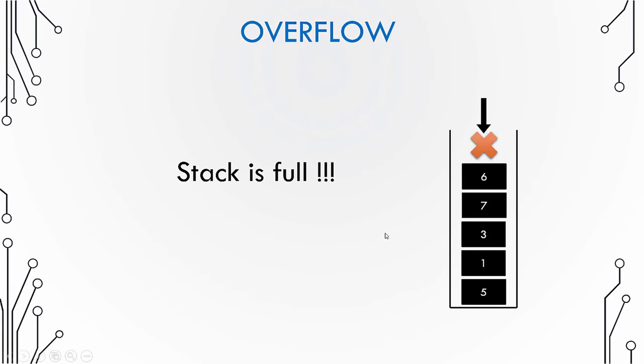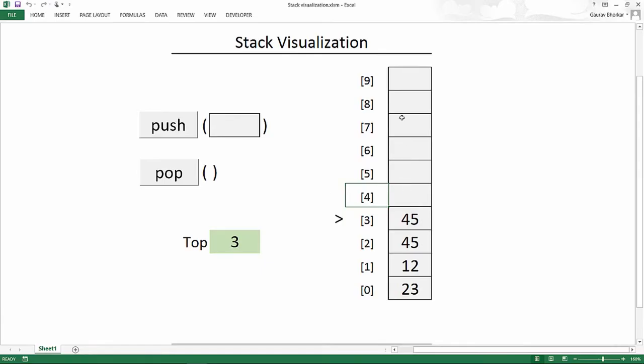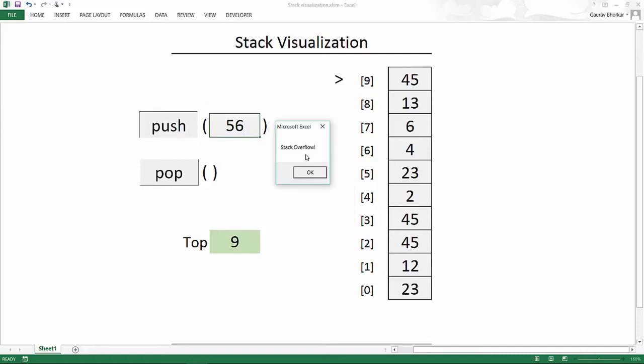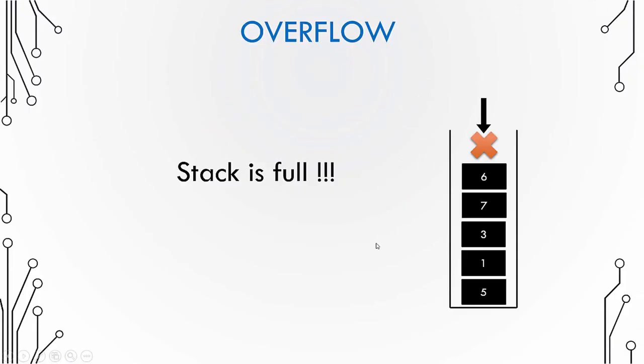So let us go back to our visualization and let me add a few elements for you. So I have added a few elements. Let us add the last element to the stack. Let's add 45. Next, if I try to put, let's say 56 onto the top of stack, it will say that there is a stack overflow because there is no more space to store a new element. So that is why we call it a stack